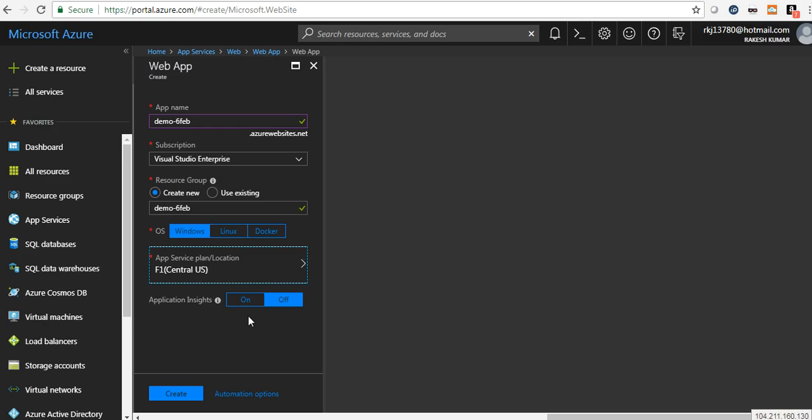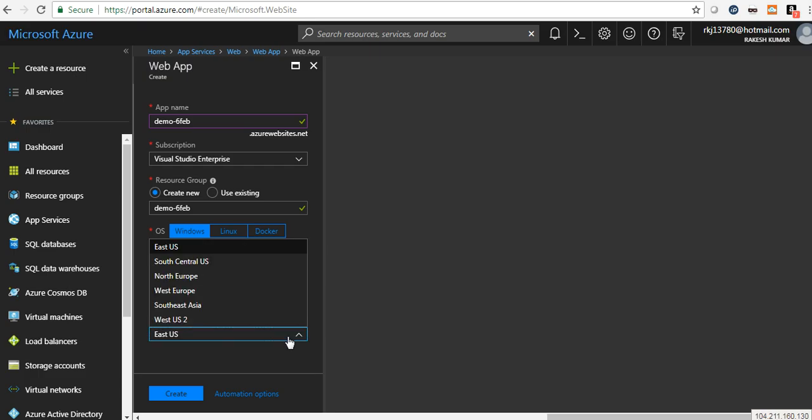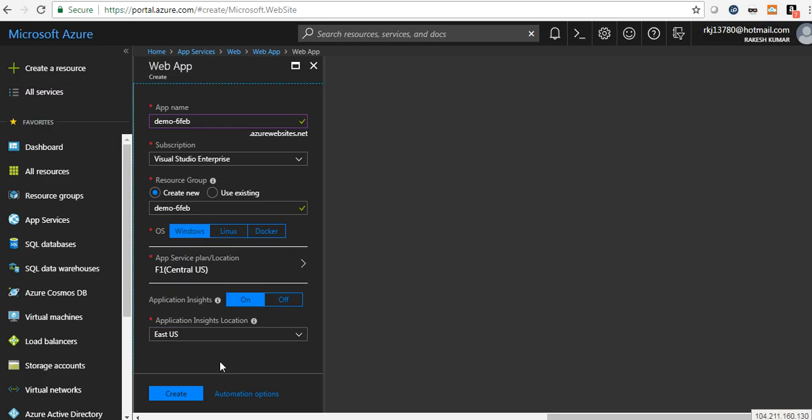Currently I can turn it off or on. If I turn it on, it will ask for the Application Insights location where you want to store it, so based on that I can choose the location. It's up to you, you can opt for it or not. So simply let's get it created,